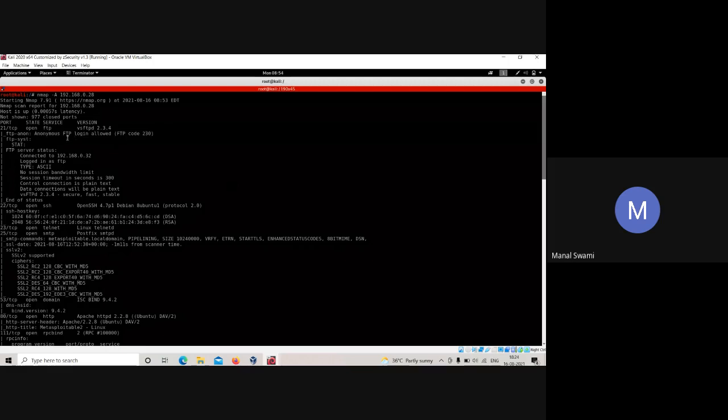But there is a difference. Whenever you log into FTP using anonymous login, you will not be allowed to do certain things. It will be restricted, and you will not have permissions to conduct so many things. But if you get into a system using the SSH port, you will have admin rights, the root privileges, on that system. So firstly we'll move with the FTP port and then we will go with the SSH port. Clear?